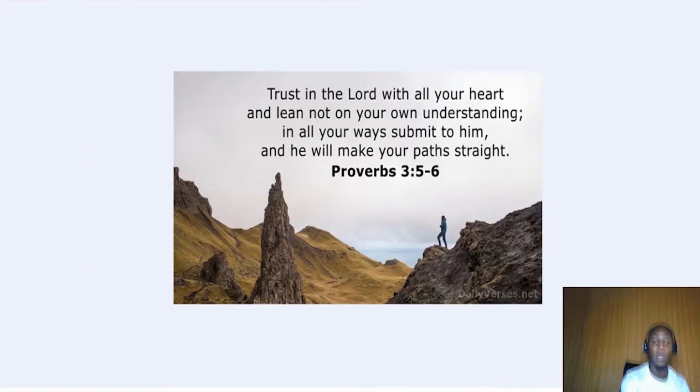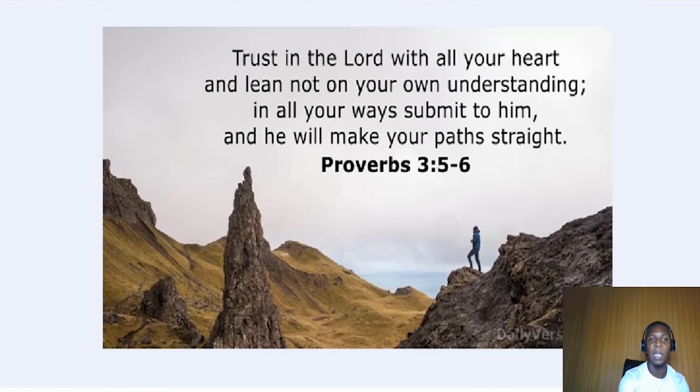More than you making profit, one thing you have to take note of and pay attention to is that you have to trust in the Lord. The Bible says trust in the Lord with all your heart and lean not on your own understanding. In all your ways submit unto him, and he will make your path straight. Do not put your trust in riches. We are glad that you are making your profit, but don't forget the place of putting your trust in God. You cannot trust somebody you don't know. That is why you have to seek God today. God's arms are wide open to receive you. Seek him today, he will receive you. And as always, guys, Jesus is Lord. Stay blessed.